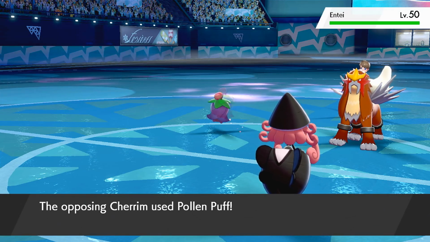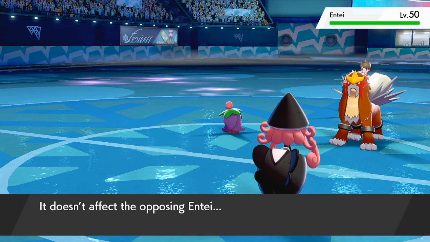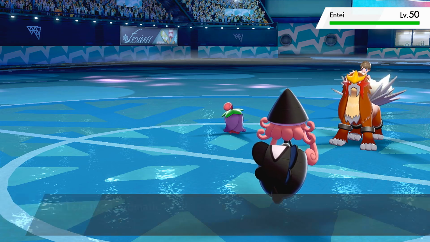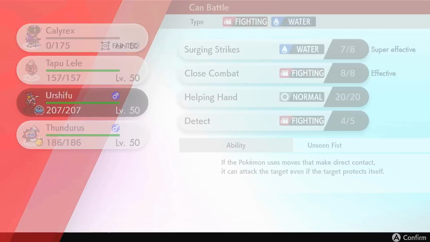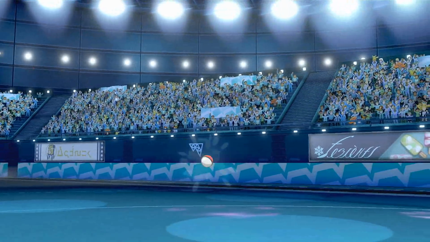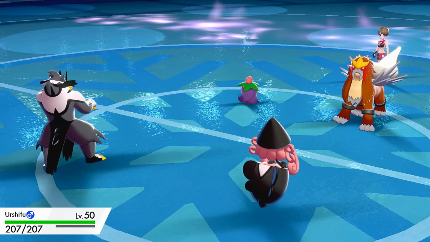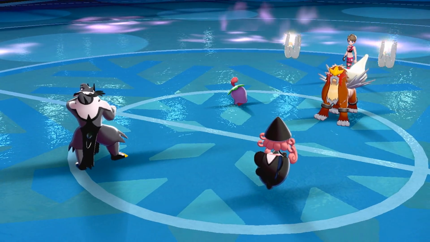Here they're going to go for Pollen Puff into the Entei, assuming I'd probably attack into it, but I decided to go for Romantic Mist again because I figure the game's over. I could just knock them out with Calyrex, but they were Scarf Entei, so that's annoying, but whatever. I still have my Urshifu Water. All they have left is Entei and Cherrim, so this game is still in the bag for me. It was just unfortunate I couldn't get the delicious Calyrex Brain Dead sweep,